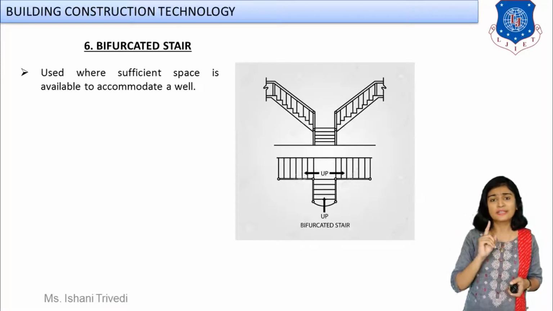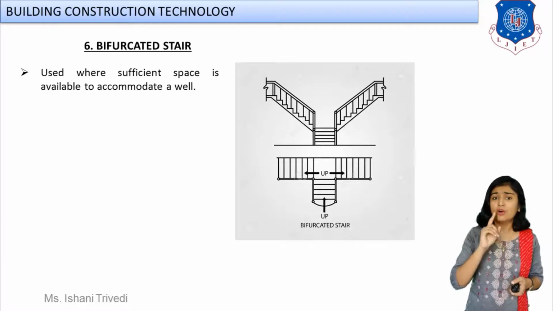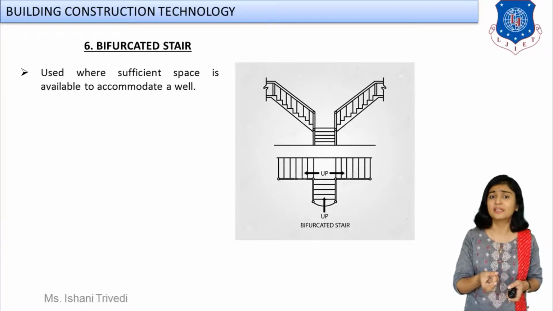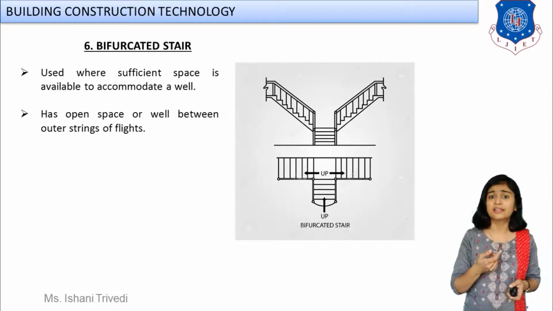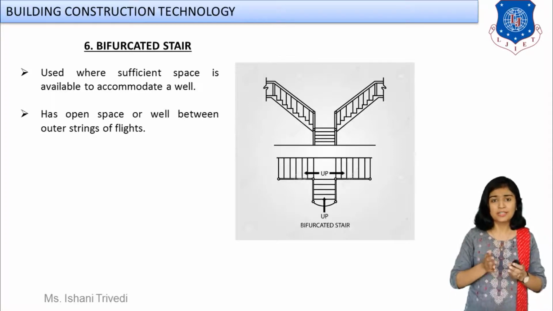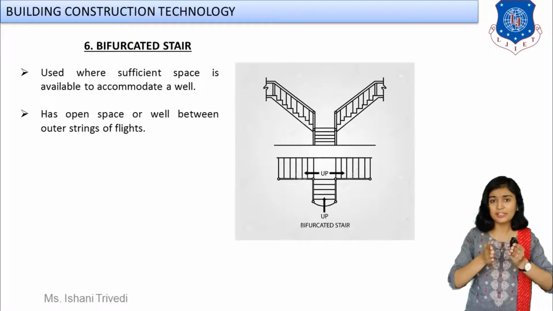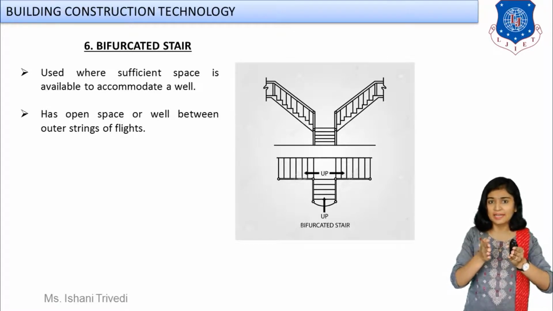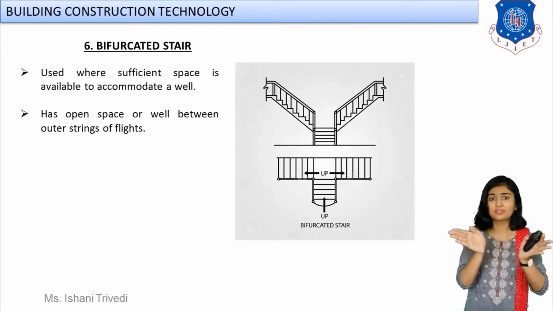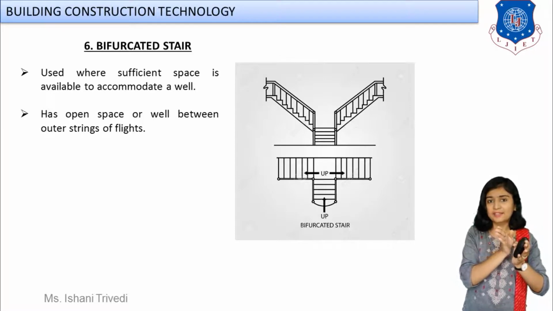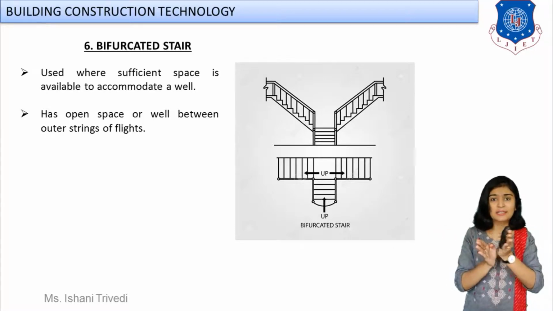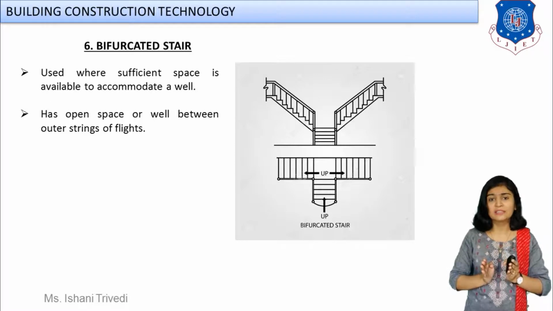Now look at the sketches flashing over here. In all types of staircase, the sketch itself is enough to explain what type of stair it is trying to say. So in bifurcated stair, you have the first flight, correct? That is a going straight flight. Then you will have a landing. In the next part, you will have quarter turns in both directions. You will have a 90 degrees turn in right as well as in left. So this type of stair is known as bifurcated stair.